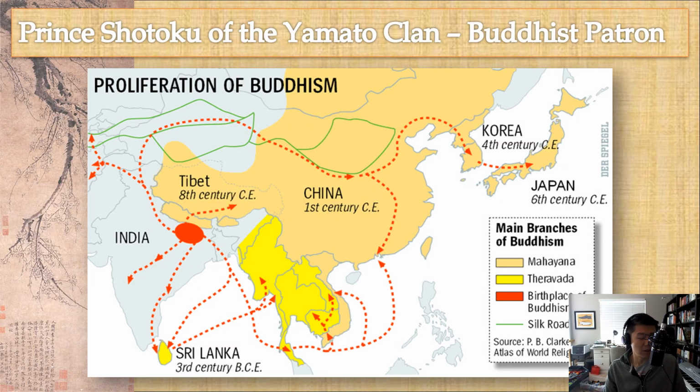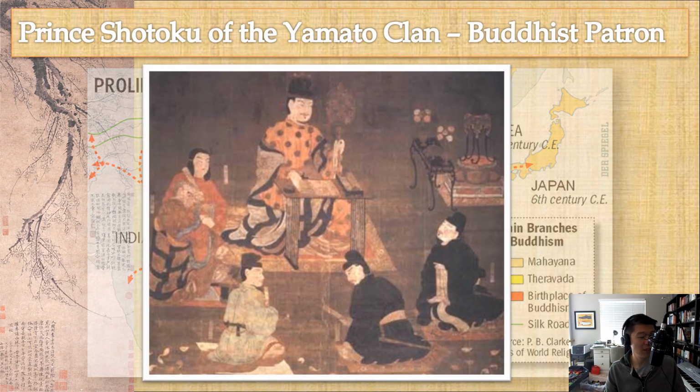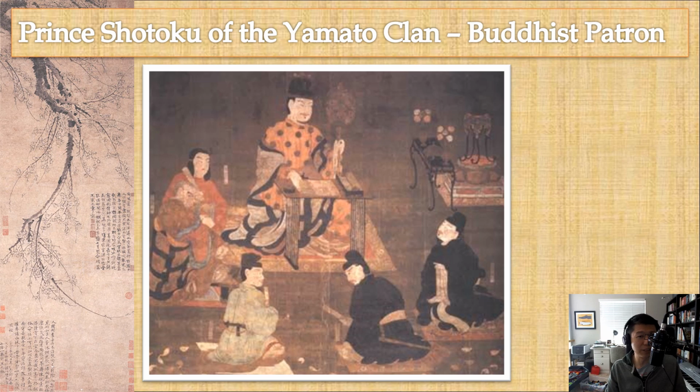So what our key connections are for this particular time period is how these ideas will eventually find their way from China through Korea and by the 7th century into Japan, particularly through the work of the Yamato clan, which is actually able to unify the various regional aristocracies in Japan, led by a man by the name of Prince Shotoku. And as a result of this, we have all sorts of customs that will enter into Japan from China at this time. And that's what this particular assignment is about.